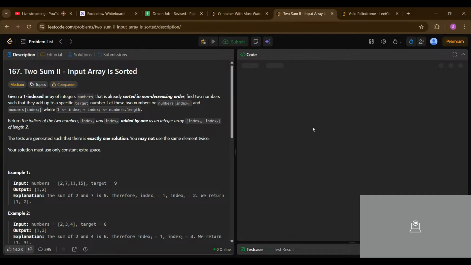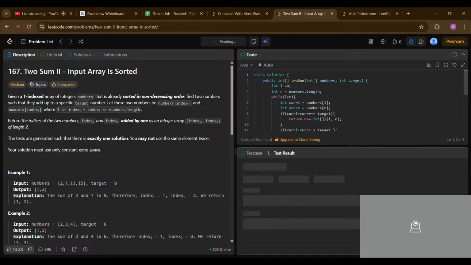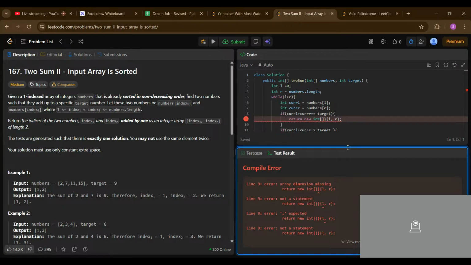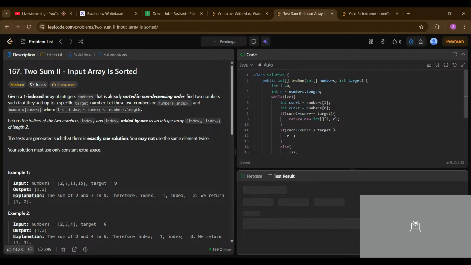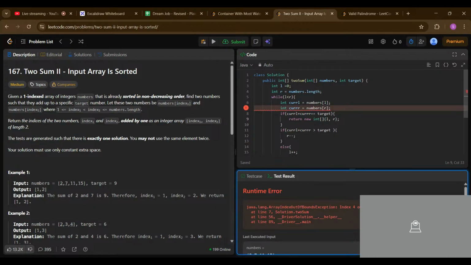Okay, because this is not showing, you are logged in, but we already just logged in. What happened? New int. Oh, sorry. It should be the